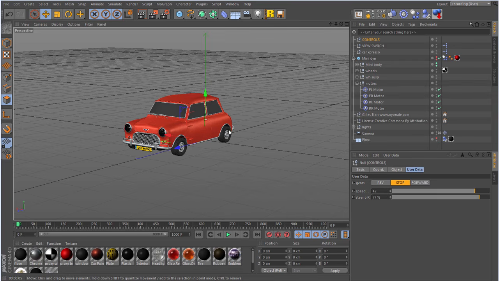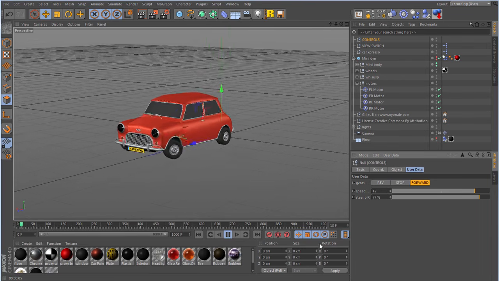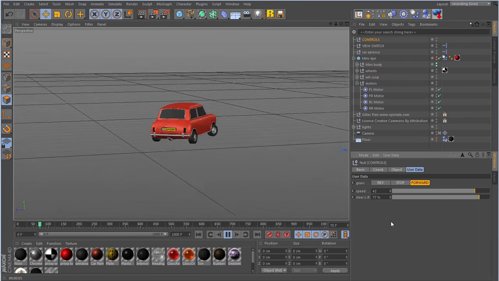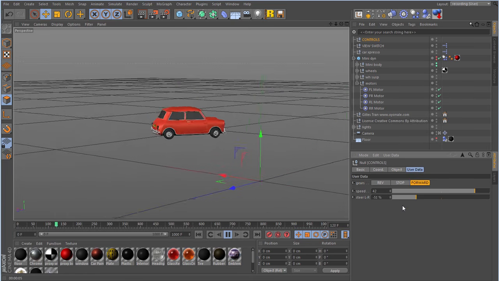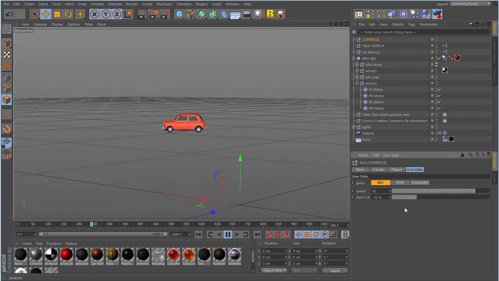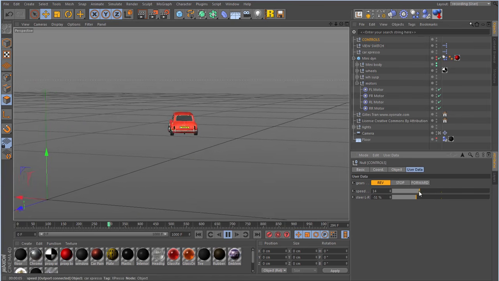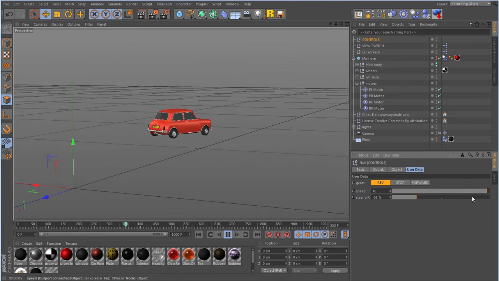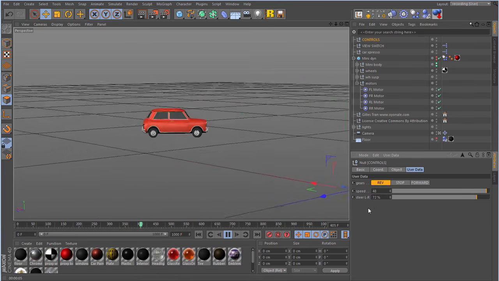Now I've got this Mini rigged up with motors and suspension and all that kind of stuff, and I've got a little control panel at the bottom right with some expresso sliders. So let's hit play and let's see him in action. Okay, well as you can see the car steers to the right and I can steer him to the left. I can whack him into reverse. I can make him go slow or fast. Alright, that's the kind of thing I'm talking about.